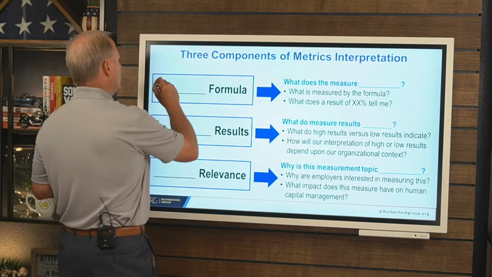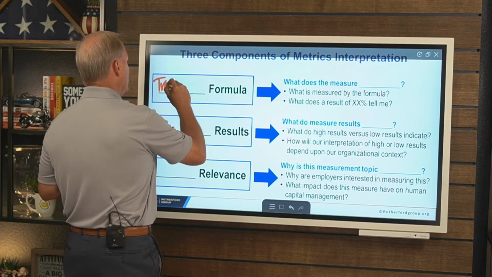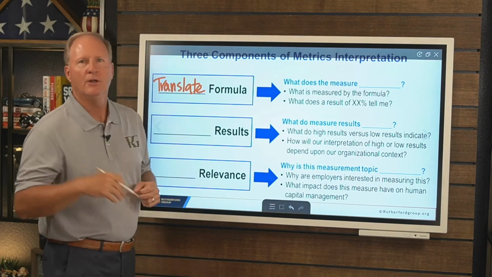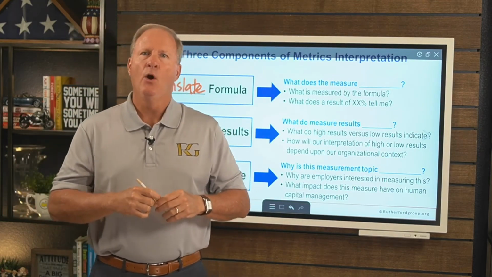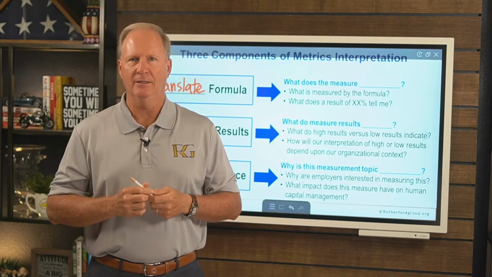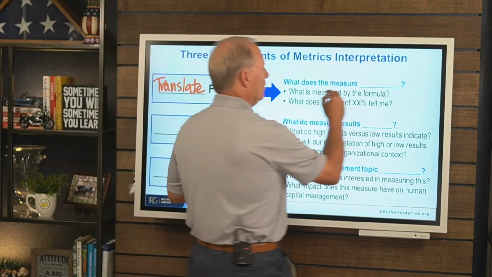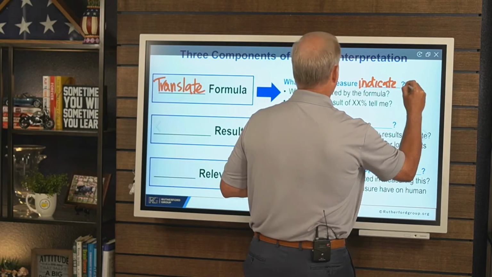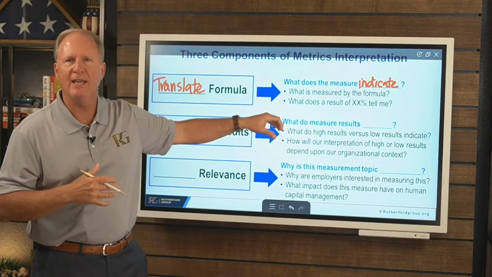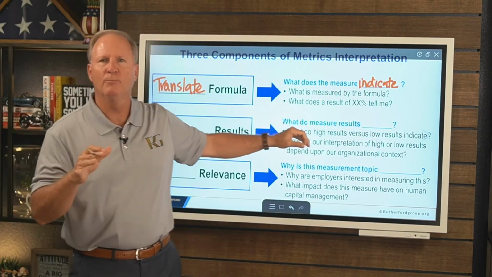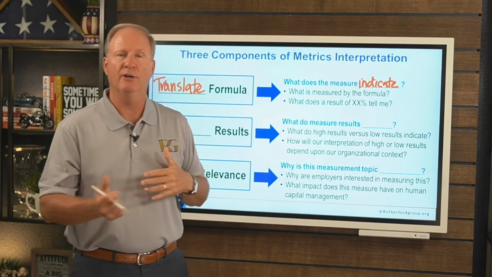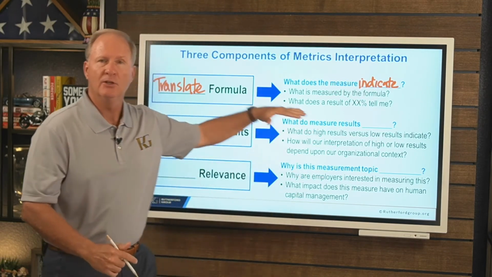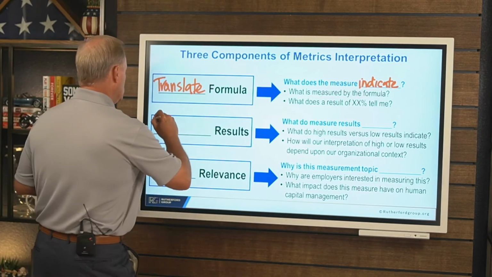So the first thing that we want to do is translate the formula, right? What does the measure indicate? What is being measured by that formula? And then I think more importantly, what does a result of X percentage or X, Y, or Z tell me, right? The second thing that we want to do is